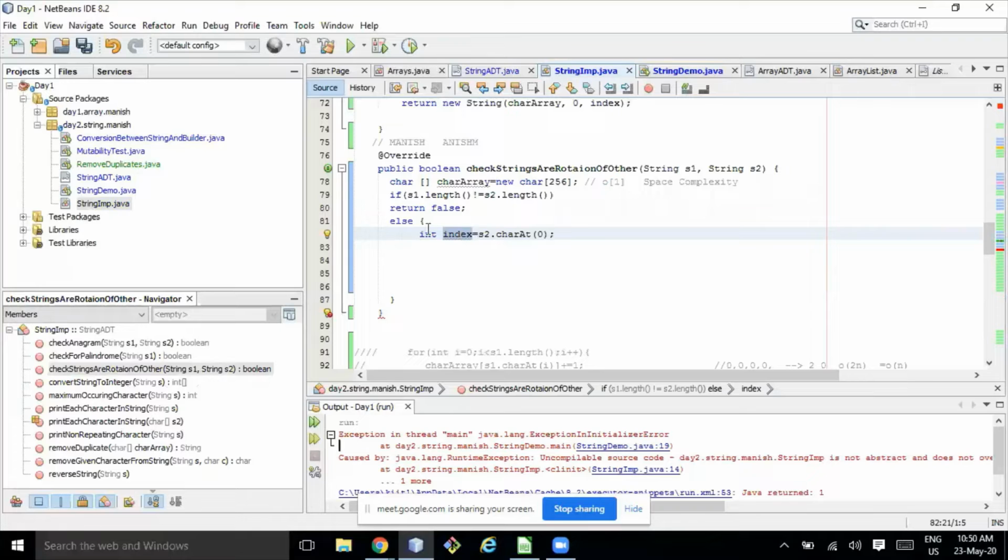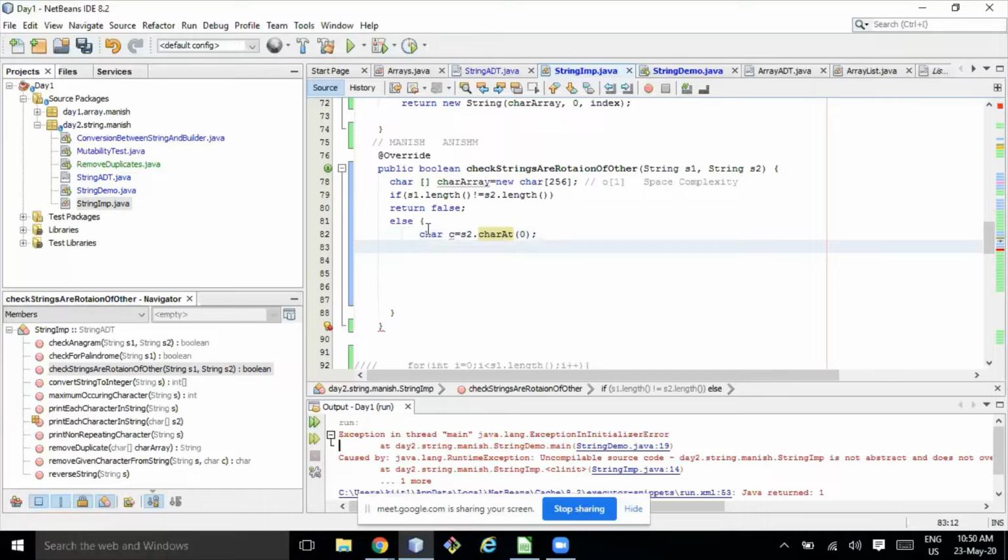Okay, let me put it as a character, char c. Then using linear search, he will find this character in the first string, with int i less than s1.length, i plus plus.